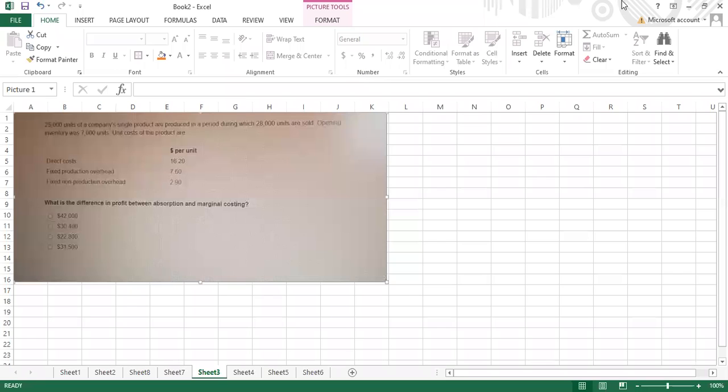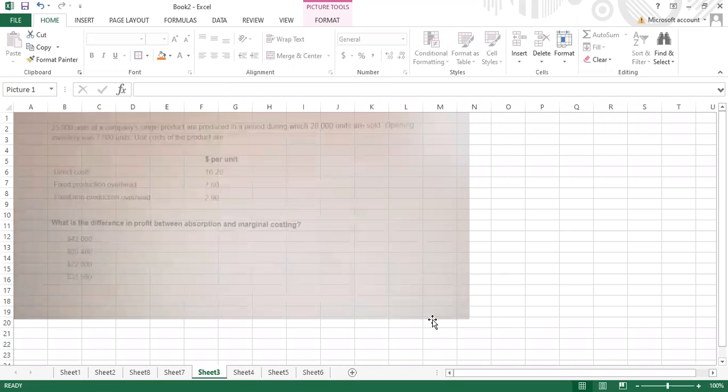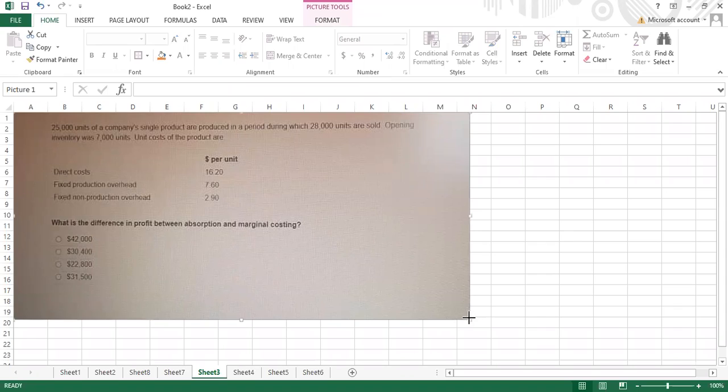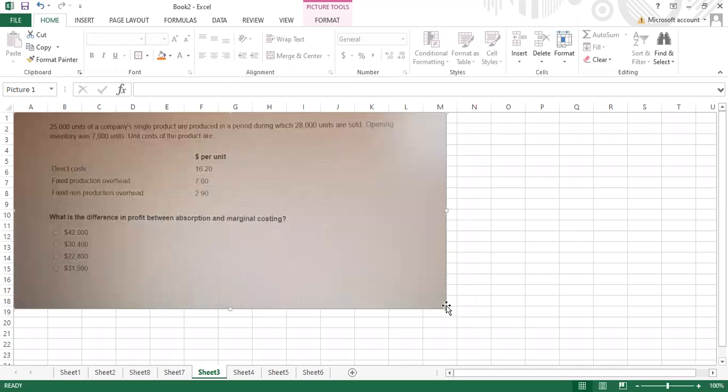Wait just a second. Okay, so this one says: what is the difference in profit between absorption and marginal costing? Very simple one, and I'll give you a trick. If you do not understand absorption and marginal, I would suggest you please rewatch the videos related to marginal and absorption. Otherwise, I'm going to give you a simple way to understand, because